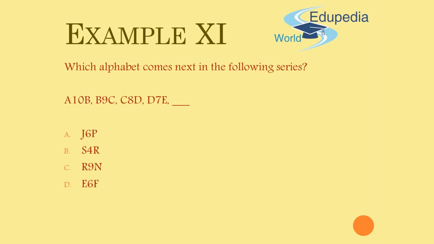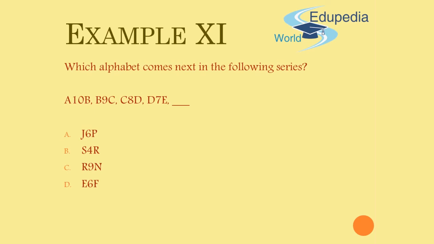Now in part 1 and part 2, we have already covered number and letter series. Once again, if you haven't seen those videos, please go back to part 1 and 2, see them and then come back to this part. In this part, we are going to combine both the concepts, and we will look at series like the one you have on your screen that incorporate both numbers as well as letters. It's nothing difficult, just that you have to combine both the streams of logic.